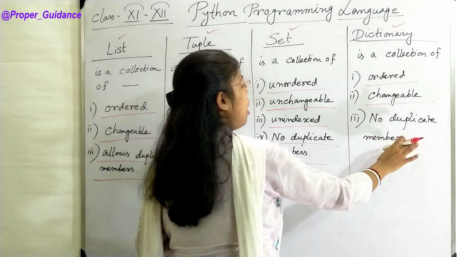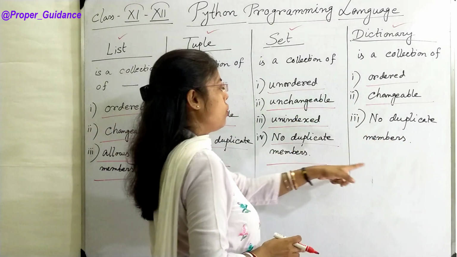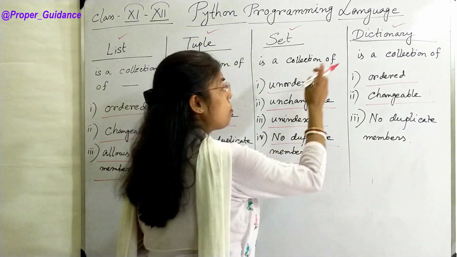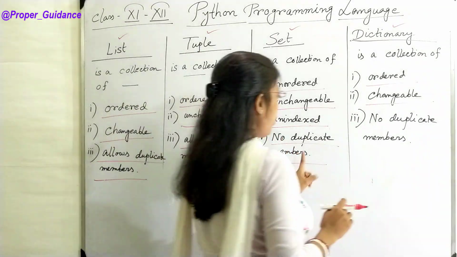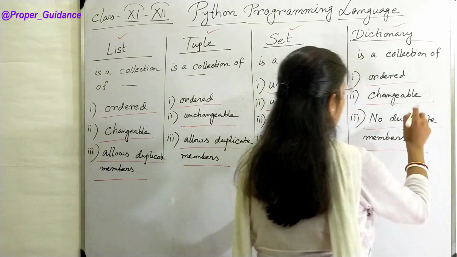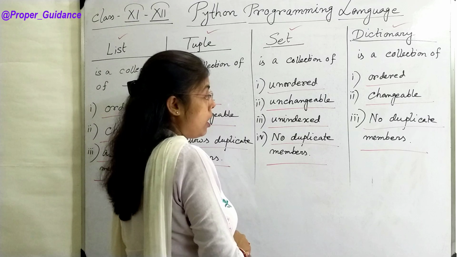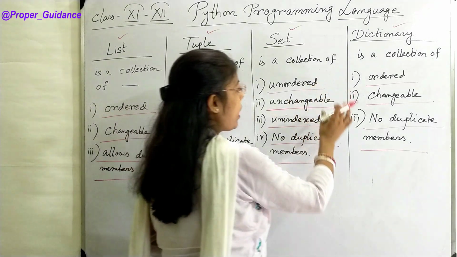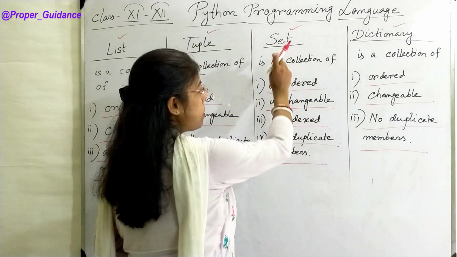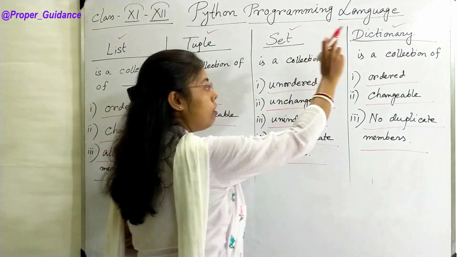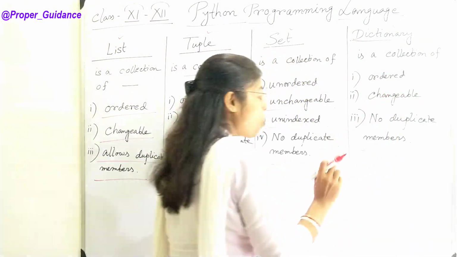Unindexed, this point is not very important for dictionary. It may be or may not be. And no duplicate members here also. Now, the basic difference we can get here is that set is unchangeable, dictionary is changeable. So,